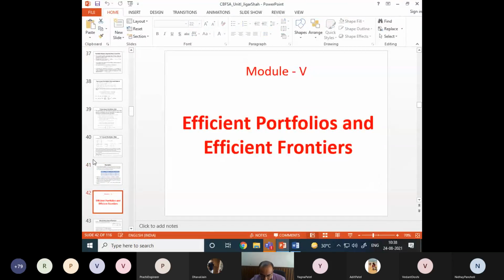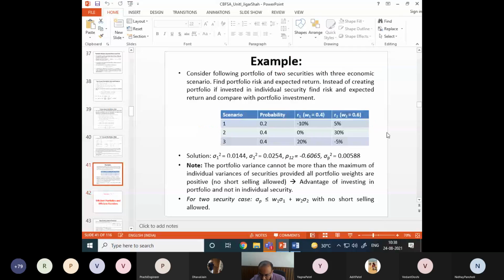So till this, if you have any question, you can ask me. Now I go to some very important concepts, which are efficient portfolios and the efficient frontier. So there are so many portfolios possible. I can vary W1, W2 to any value because ultimately the summation should be 1. So for two securities, it can be 0.1, 0.9, or 0.9, 0.1, 0.2, 0.8, 0.8, 0.2, 0.4, 0.6, 0.5, 0.5, anything, right? How to find an efficient portfolio? Which weights should I select so that my portfolio will be efficient?